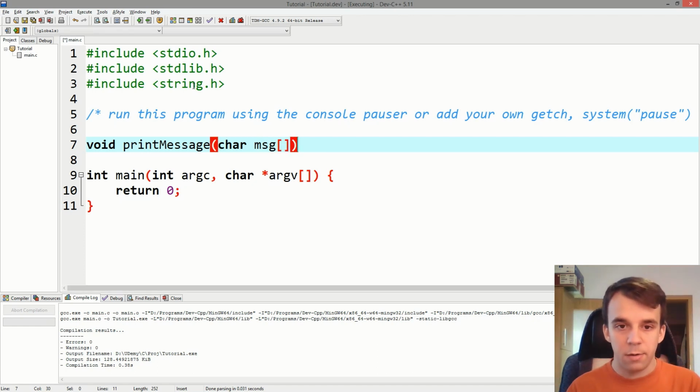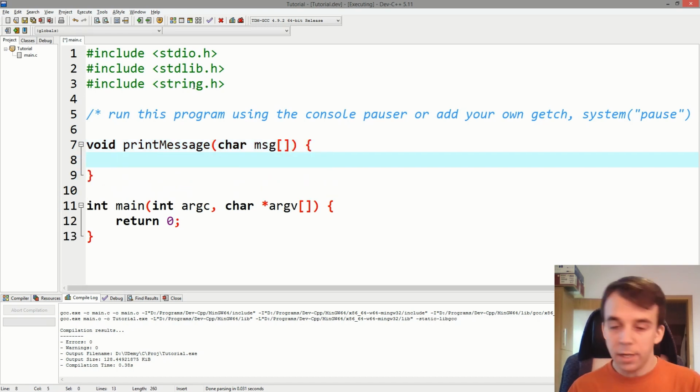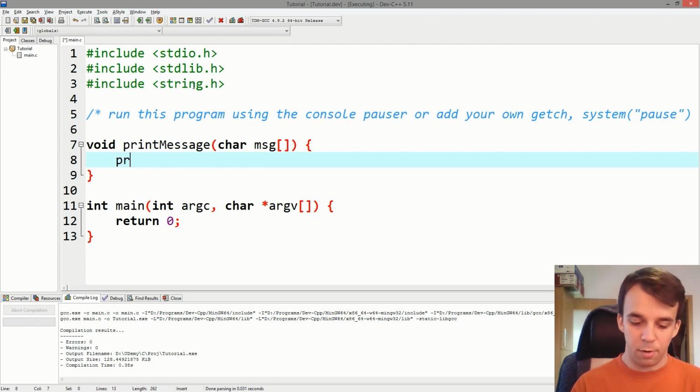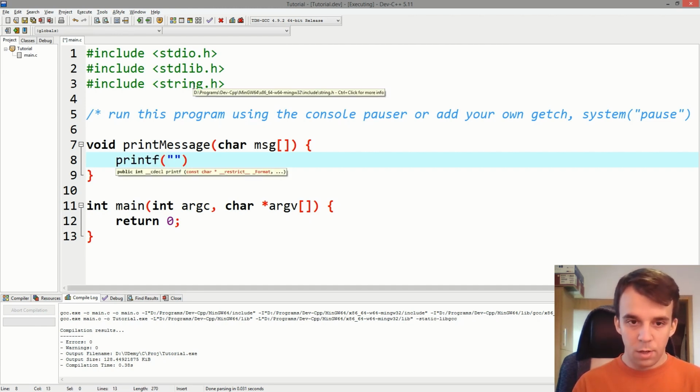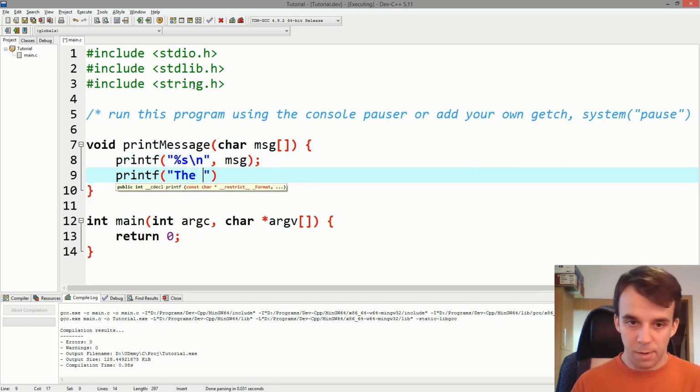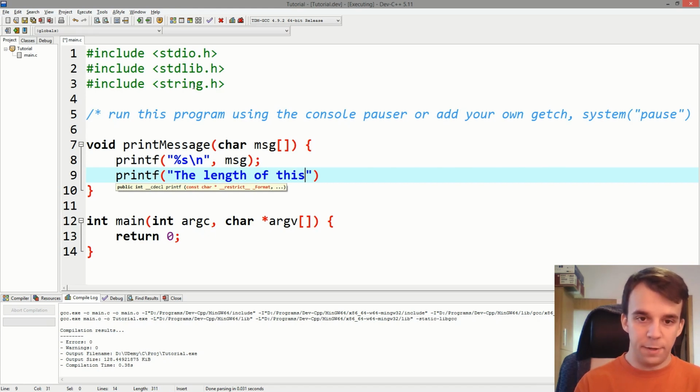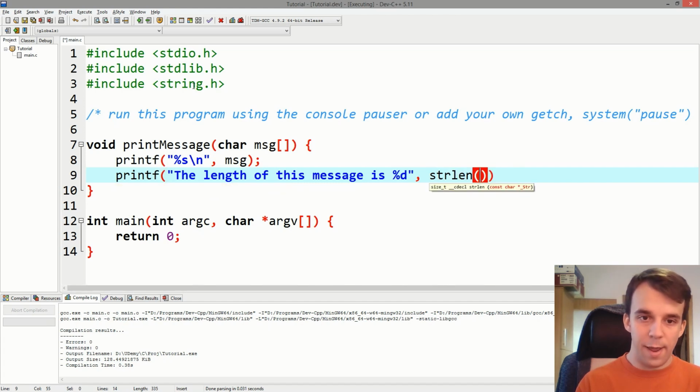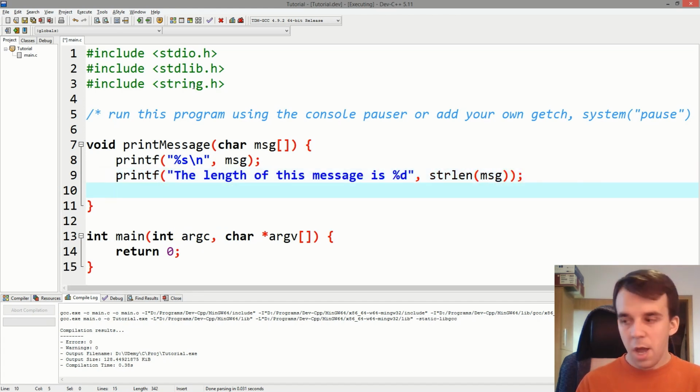So that would be a message, right? Simple enough. In between here we're going to print the message, so printf just %s and msg. Then printf the length, also with an extra newline so that we don't have them on the same line: the length of this message is %d, strlen of msg. And let's try and count how many letters A it has. How about that? To do this, we would have a